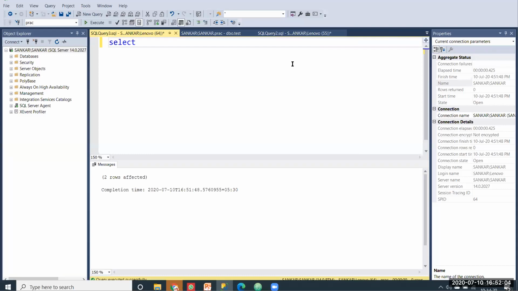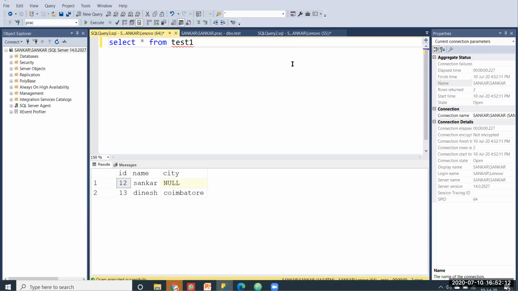So just select star from test one, then run this. You can see here there is a null value, right? So here you can insert a new value, or you can update the value.